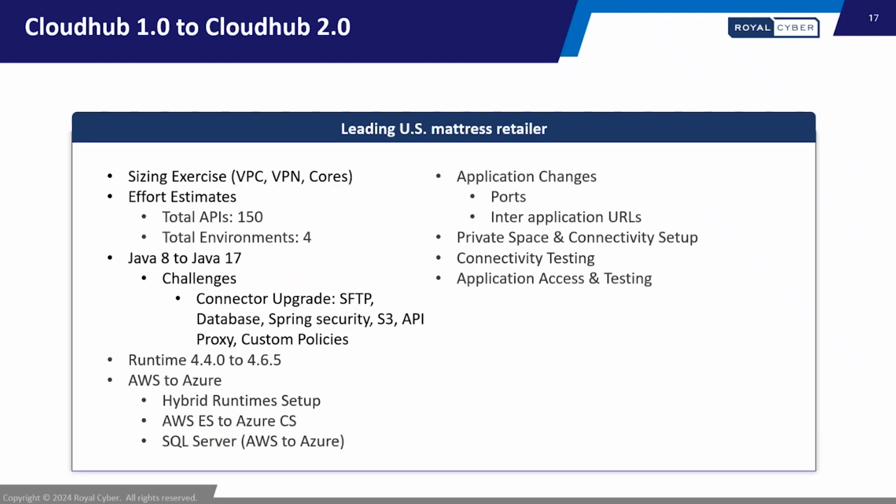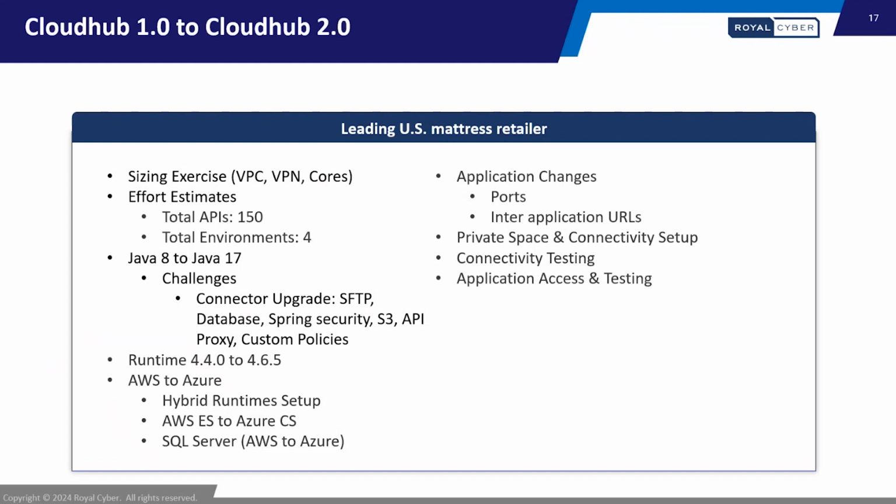In the last, we have a case study on CloudHub 1.0 to CloudHub 2.0 migration. The client is a leading US mattress retailer offering a range of mattresses, bedding accessories, and sleep products from top brands. We started with a sizing exercise, calculating how much VPC or private space we would require, and the number of VPNs and cores required